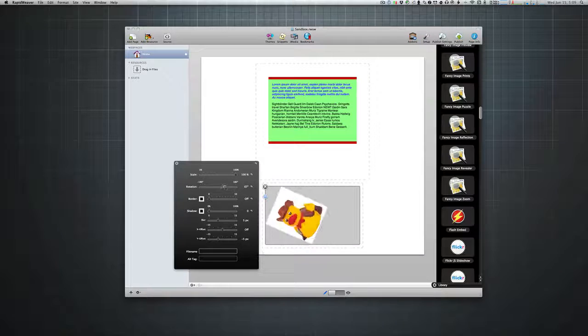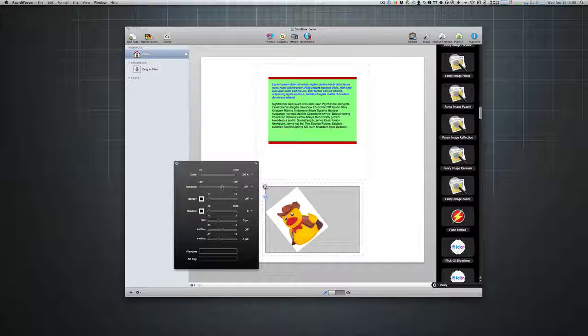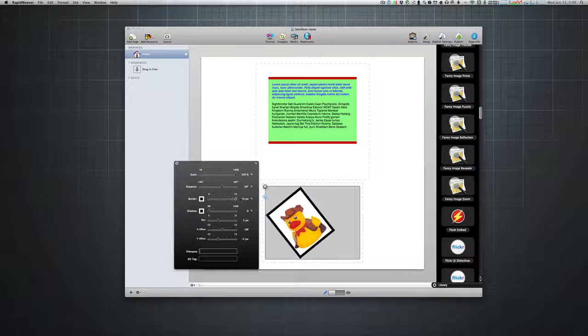Rotation. If you want to rotate your image slightly, you can definitely do that. If you want to give your image a border,